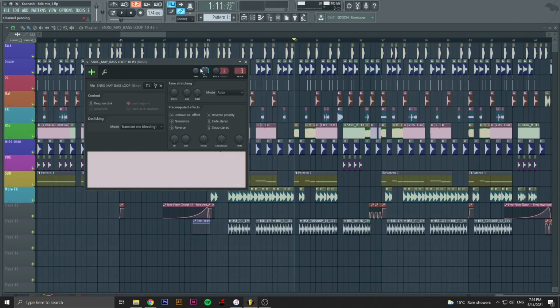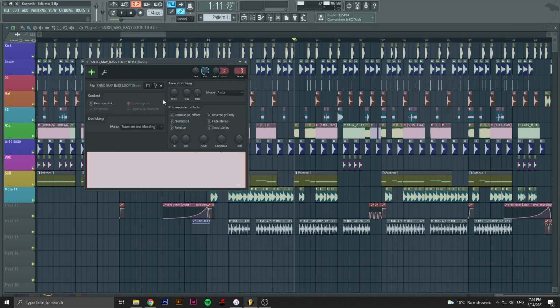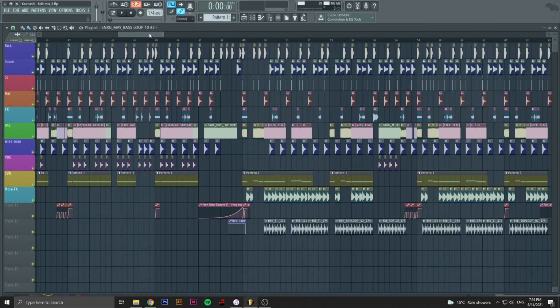Oh yeah, this is a part of the original bass. I think it goes F minor, F sharp, and I think this one goes to an A sharp or an A. Well, I can't tell because it's just all hacked up now, but...